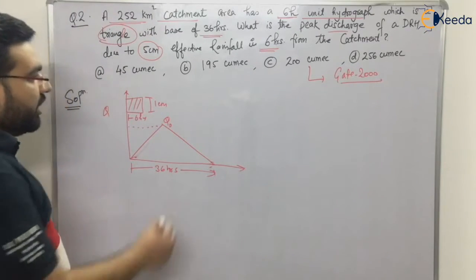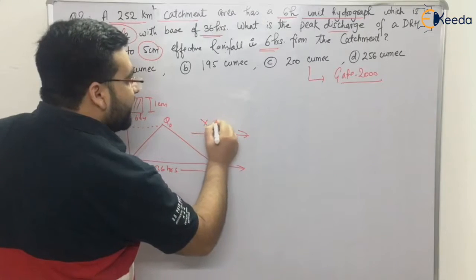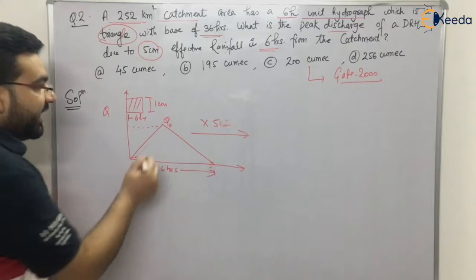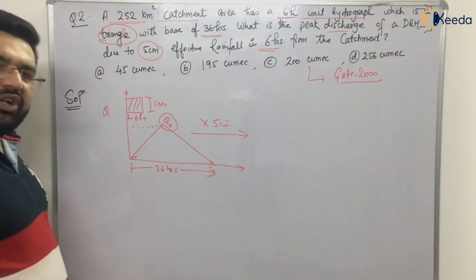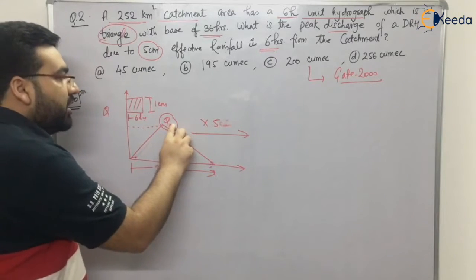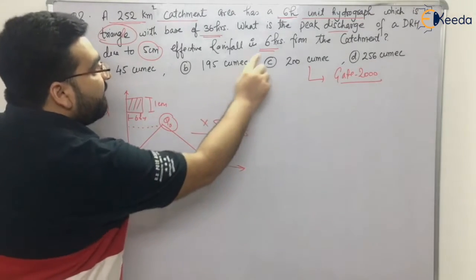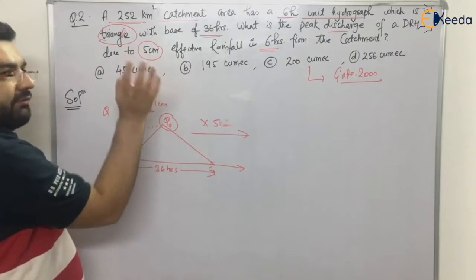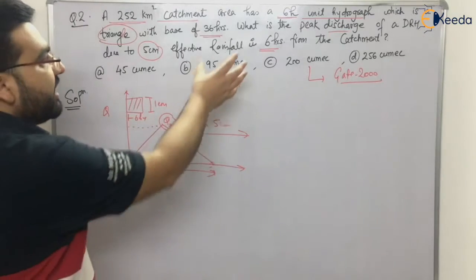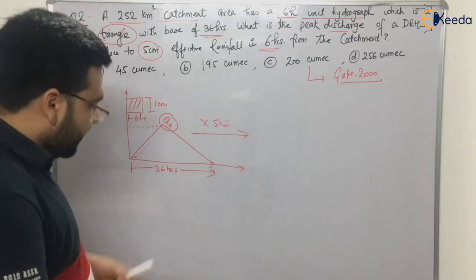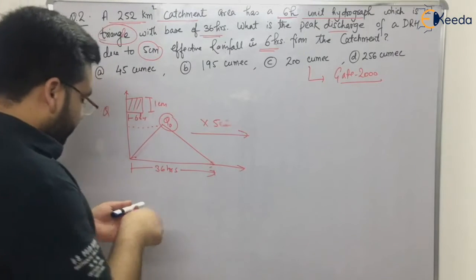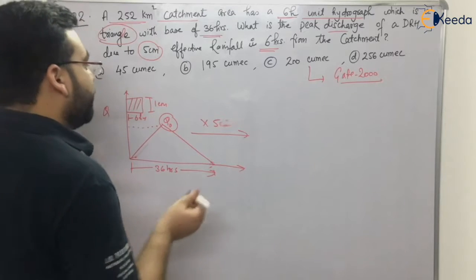Simple, right? So if I multiply the ordinates with 5 centimeter or just 5, I will get the maximum discharge. But the thing is that I don't know this Q naught. So my task would be to determine this Q naught and multiply it with 5 centimeter or 5 to get the resultant maximum discharge, whichever is asked in the question. Clear? So now let us solve this numerical. It's a very straightforward, simple numerical. Let me change the marker. Yeah, right? So how to solve this numerical?